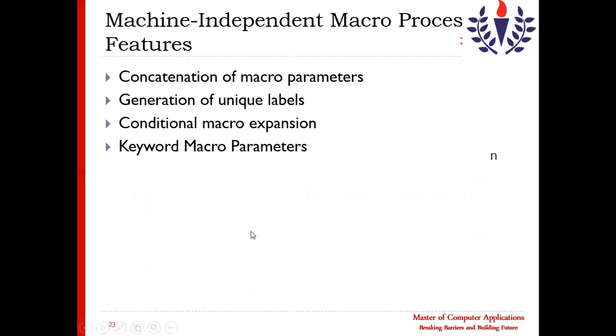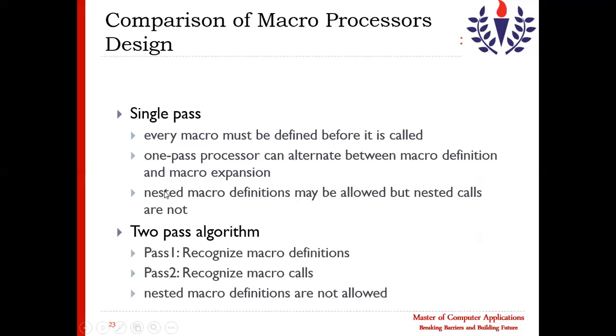That we have done in single pass, nested macro definition, that is not allowed in the two pass algorithm. So this is the comparison of macro processor design regarding single pass and two pass.